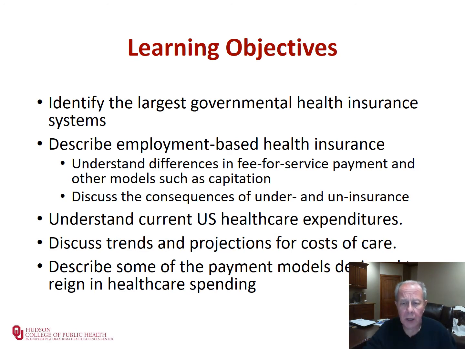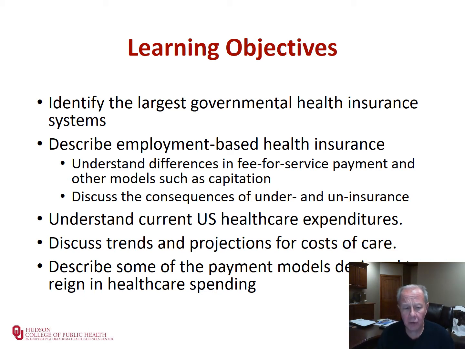These are the learning objectives that I'm planning to cover today. They include talking about the largest of the government health insurance systems. I'm then going to describe employer-based health insurance, making sure that you understand the differences between fee-for-service payment and other models of payment such as capitation. We're going to spend a little bit of time talking about the consequences of both underinsurance and uninsurance, and then